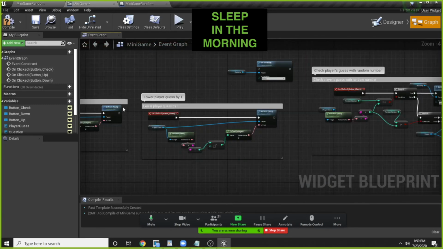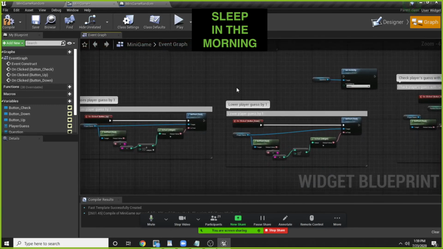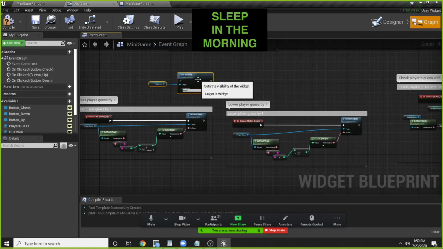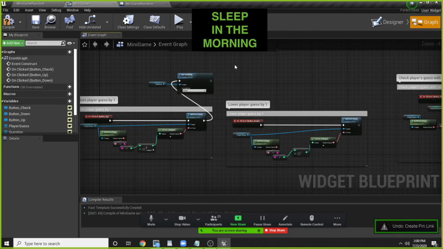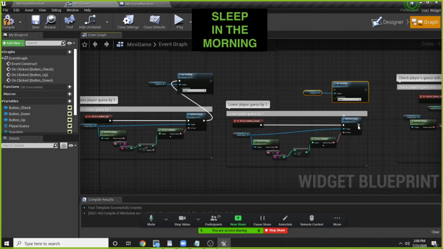So I'll remove that connection here, and let's put it when the player makes any choice in the game. So I can move the nodes over here and hook them into place. I can also hook in the other ones for the other button presses, but this looks like spaghetti, so I'm going to duplicate the nodes and just move it over. This makes it a little bit cleaner to see, and it does the same thing because it sets the property